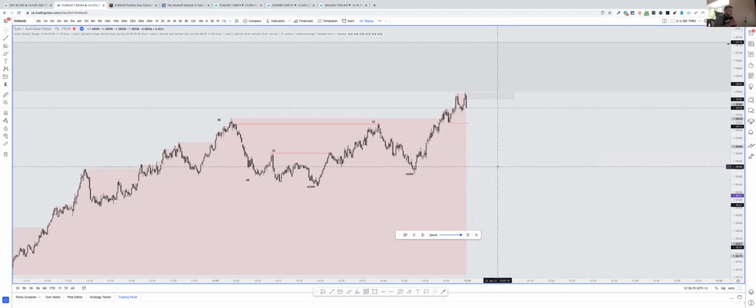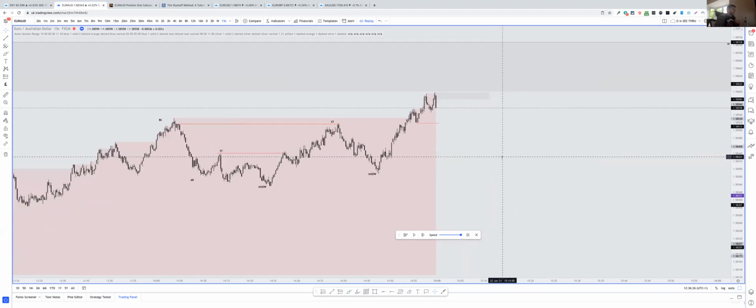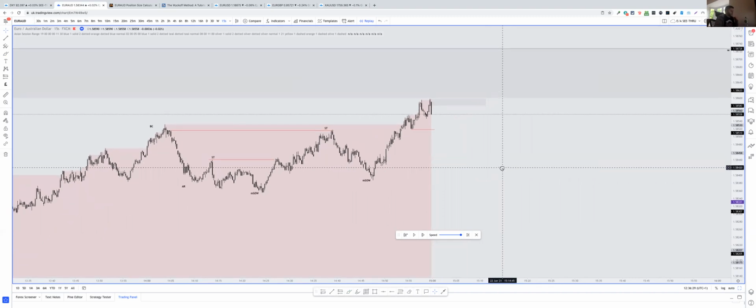So this is what I was seeing anyway. And then what I wanted to see was minor breaks of structure, or a minor break of structure, shall I say. Now, don't get me wrong, I do not necessarily advise this. If you do not trade this style or you are new to it, you have to backtest and also forward test this vigorously. Paper trade it, do what you want, but as soon as you jump on the live market and you start implementing this, going down to this 5-second time frame and so on,